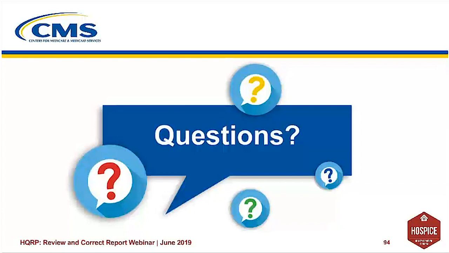An HIS is required for all patient admissions to a Medicare-certified hospice regardless of the payer source, the length of stay, the patient's age, or the location where the patient receives hospice services. And you can find this answer in the manual, which is located on the CMS website, and there is a link to that website and that page on slide 93.